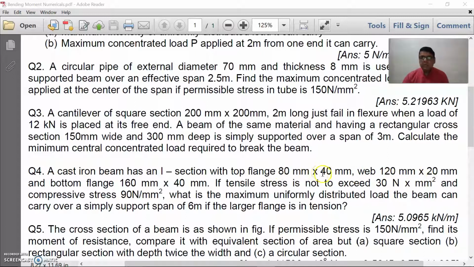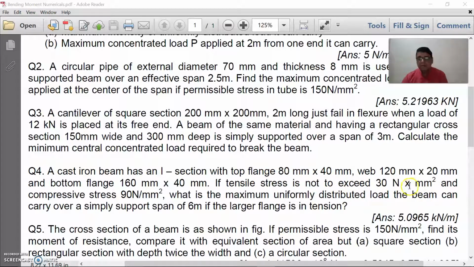Top flange means the upper portion of the I section, web means the vertical portion of that I section, and bottom flange is the bottommost portion of the I section, right? Okay, and it is not a normal usual I section, it's an irregular I section in which upper flange and bottom flange are different dimensions. Okay, then if tensile stress is not to exceed 30 Newton per mm square, I'm sorry, it is a mistake,